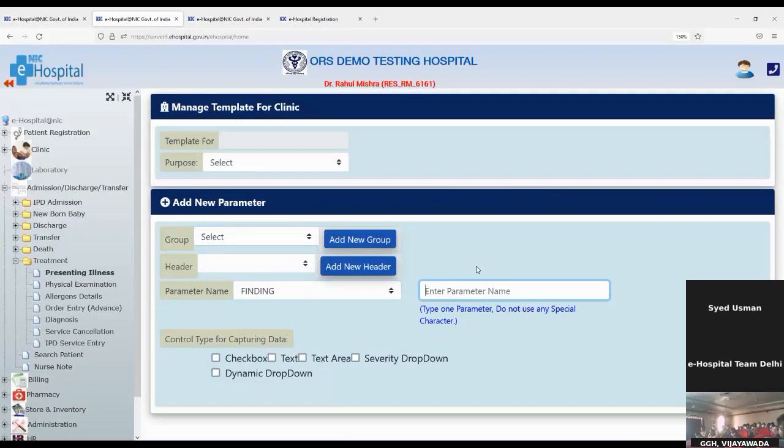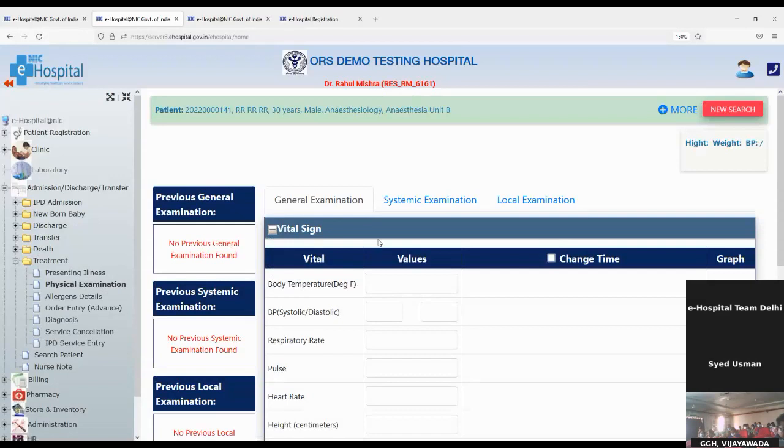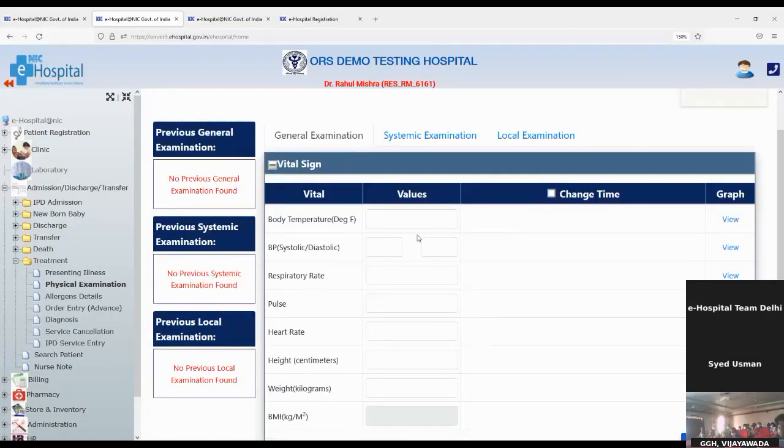Okay. Yeah, go ahead. Okay, sir. Thank you. So the next link is physical examination. In the physical examination, we have three tabs: general examination, systematic examination, and local examination. So in general examination, we can capture the vitals of the patient,